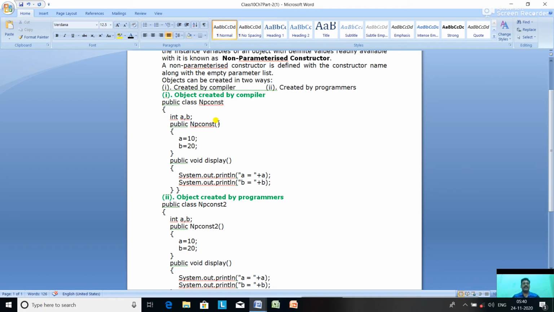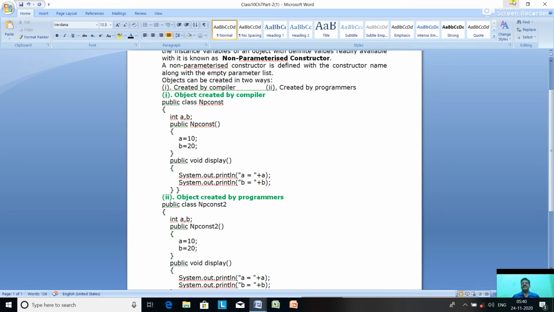A is initialized by 10 and B is initialized by 20. This constructor can only initialize the instance variables. No calculation, arithmetical, logical, or printing can be done. That's why it has no return type. Now public void display, System.out.println A equal to A, System.out.println B equal to B.